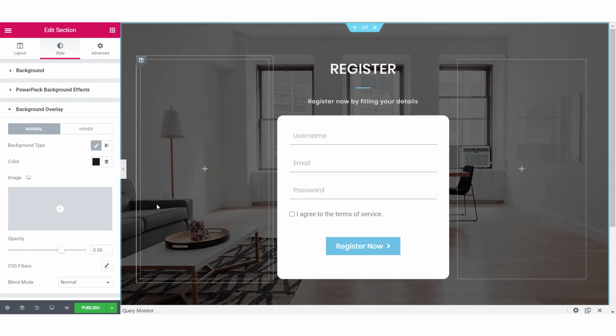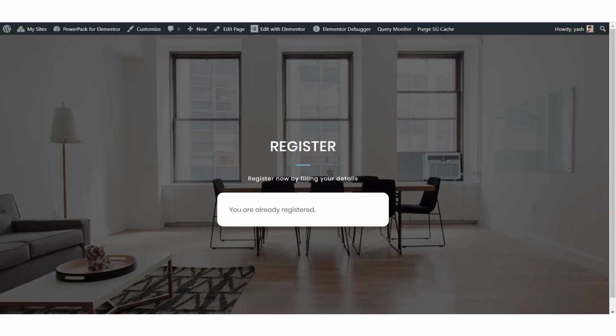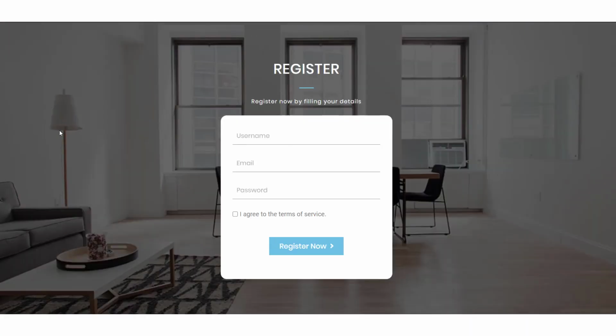Now once you are done making changes, just go ahead and click on the publish button. Now open the page in an incognito window, and this is what our design looks like.